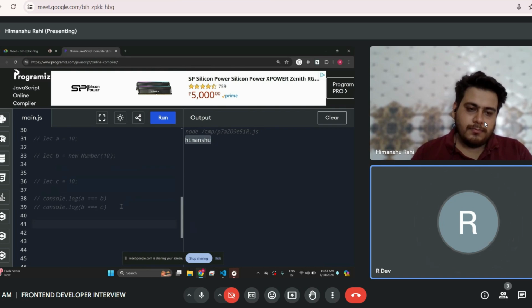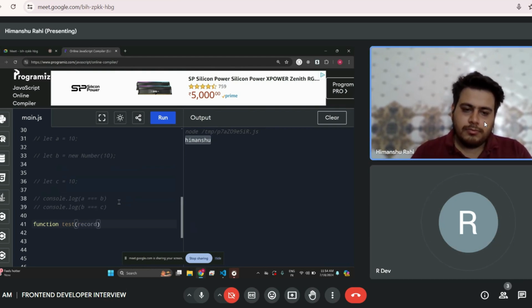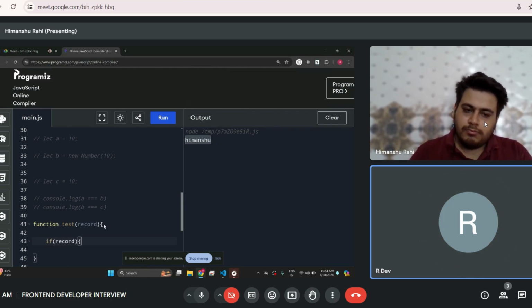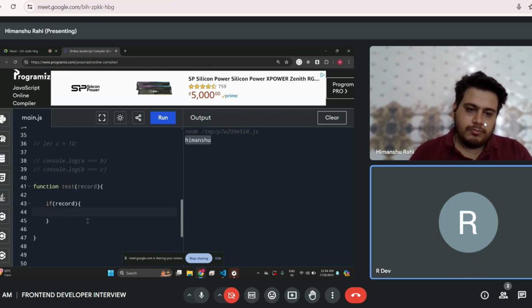Write a function with a function name, and inside that parenthesis write a record. Inside that function you have to write if record triple equal to, in objects, write age colon 18.